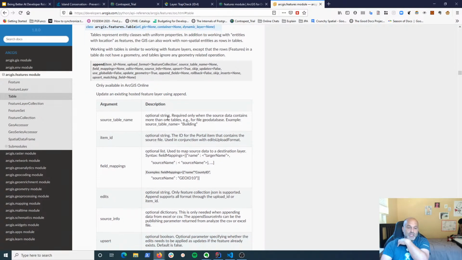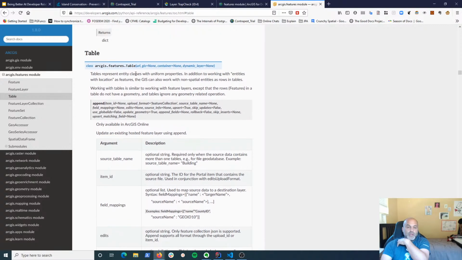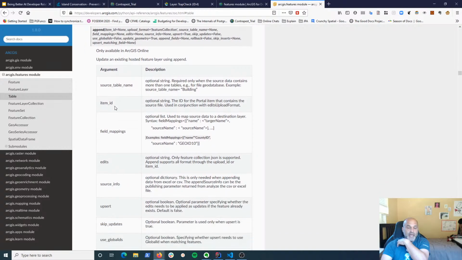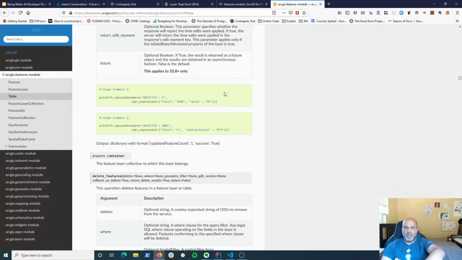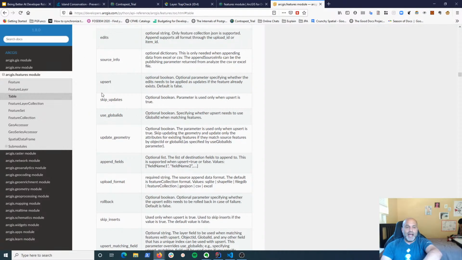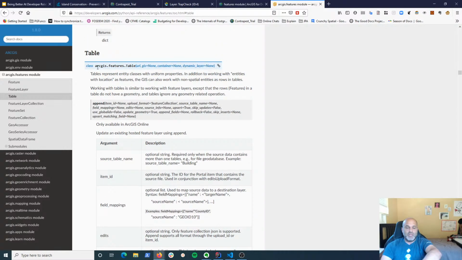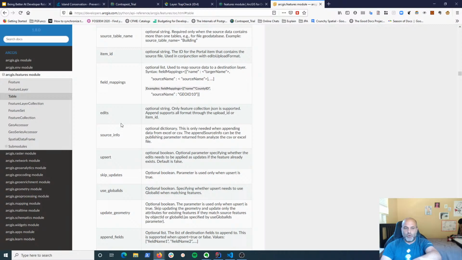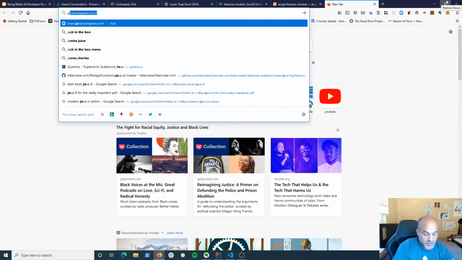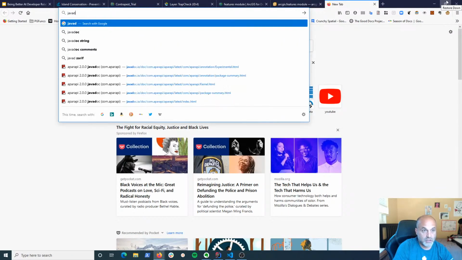And one of the things you see here in query, we keep looking through, you got this source, the table, and there's append, there's calculate. This is for Python people. I don't understand why in Python documentation you don't have, like in Javadoc, this nice little thing where all the methods are linked at the top so I can scroll through just the method signatures without having to scroll through all the documentation. Like, let me just show you Javadoc.